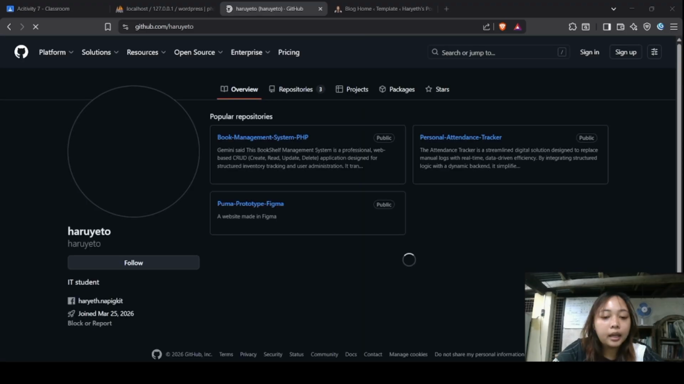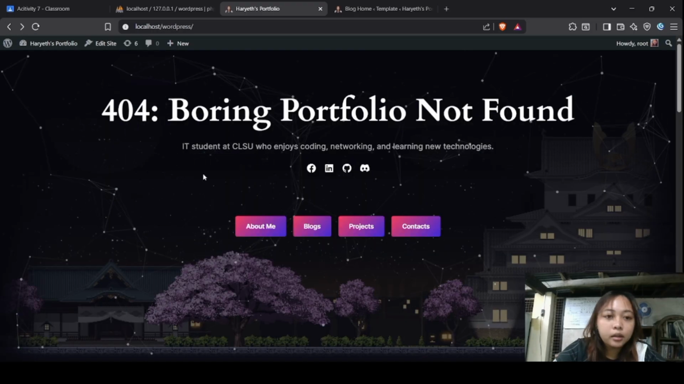Ayun o. Wait lang. Try natin restart. Ano lang nangyari? Bakit? Ayan. So, ano siya? Nakaka-public siya. So, makikita niyo siya. And,